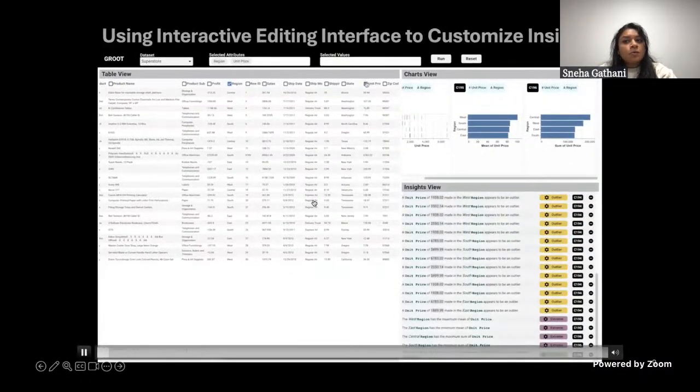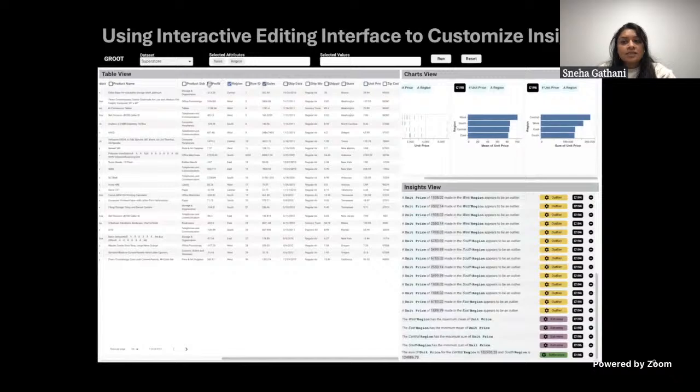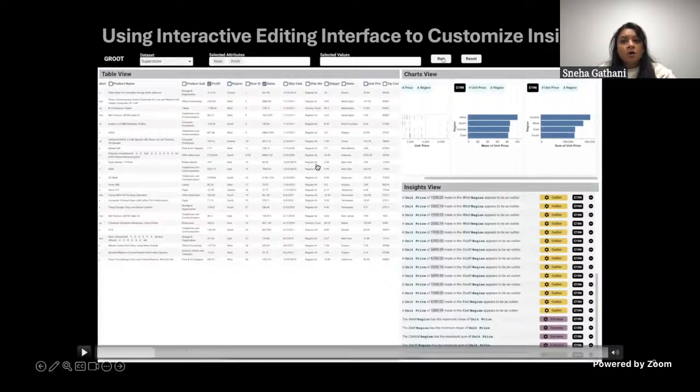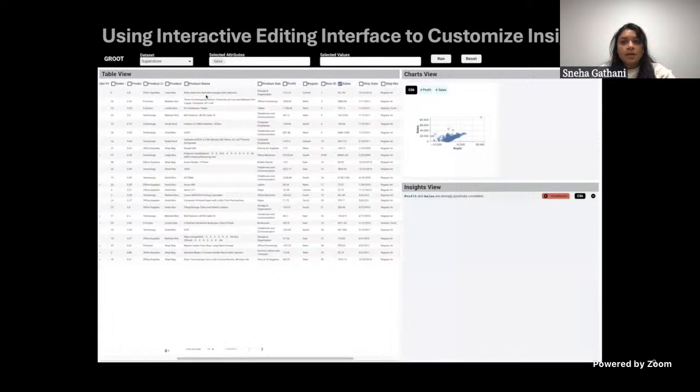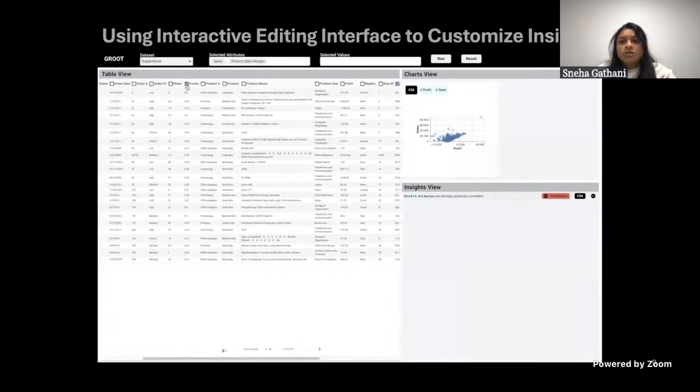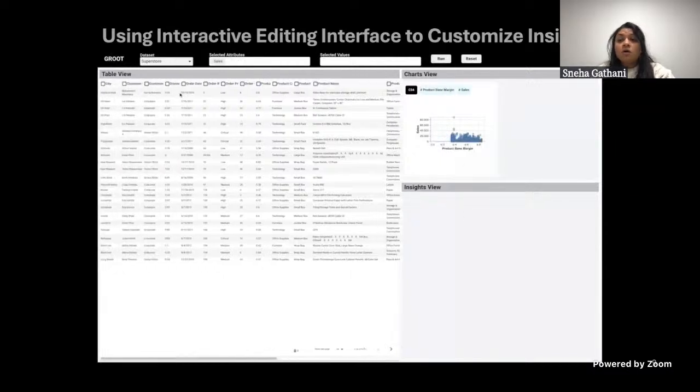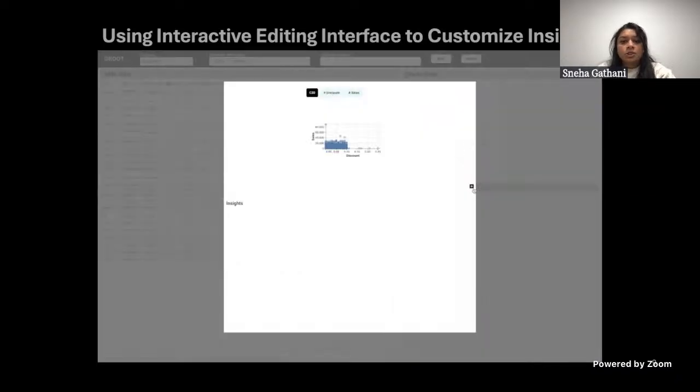The analyst then explores whether increasing sales leads to higher profit and sees a strong correlation insight here. Next, they want to see if the product-based margin impacts sales or if discounts may boost the sales. However, the system does not call out any of these insights, and this is likely because there is no explicit correlation detected between them. So to address this, Groot offers an interactive editing interface, allowing the analyst to customize the